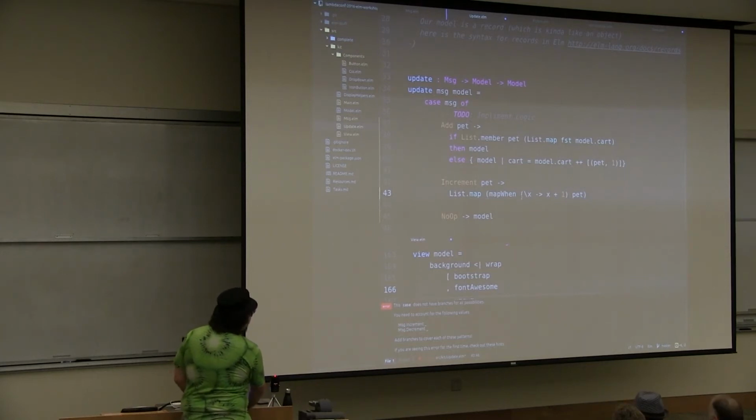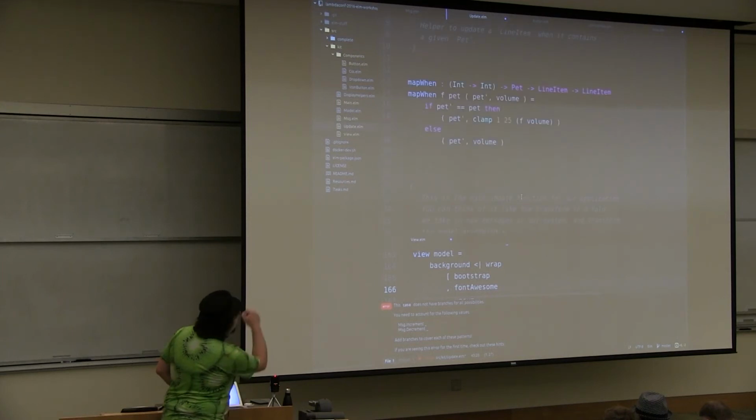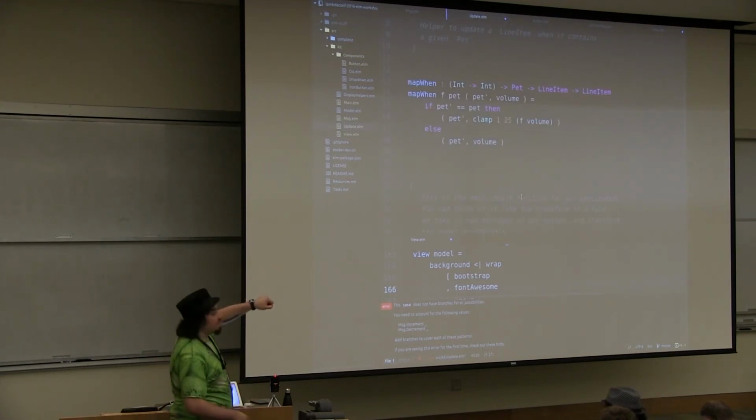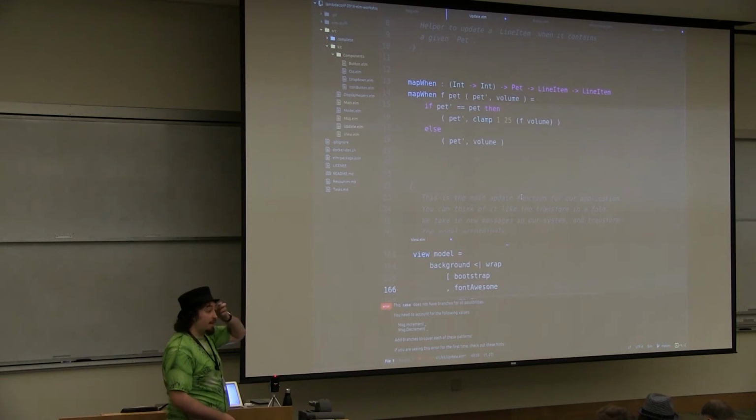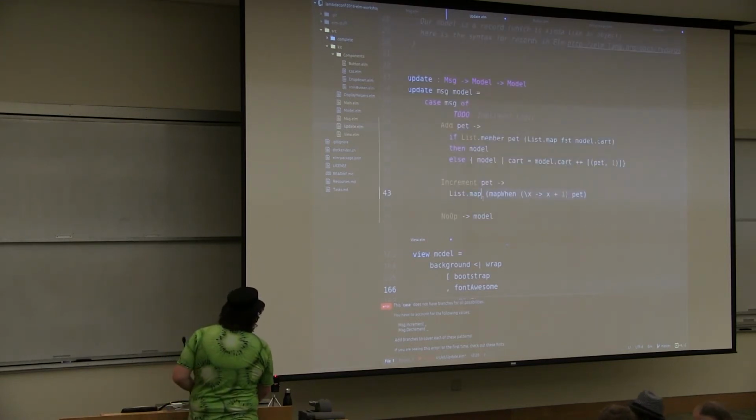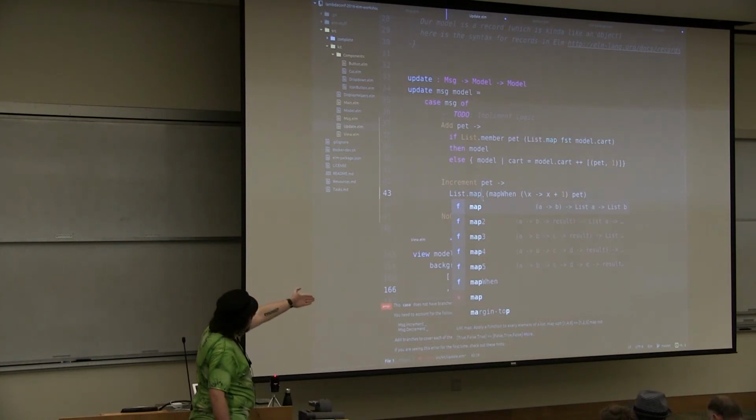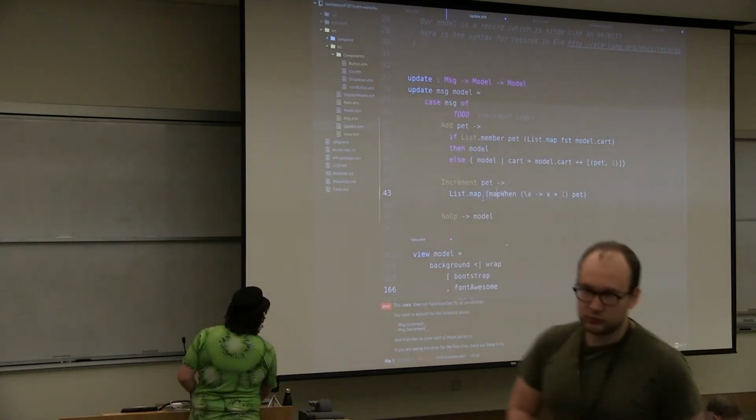And so what's inside the parentheses here, if you remember from the currying conversation, is very simply going to be a function from line item to line item. Because we've only given it 2 of the 3 things it needs. We've given it a function from int to int, we've given it a pet, but we have not given it a line item, right? And if you remember the type signature for map, map takes a function from A to B, a list of A's, and gives us a list of B's. And so since our cart is a list of line items,